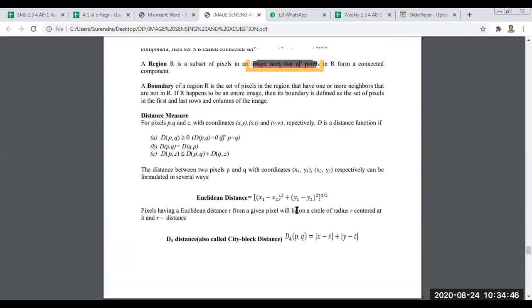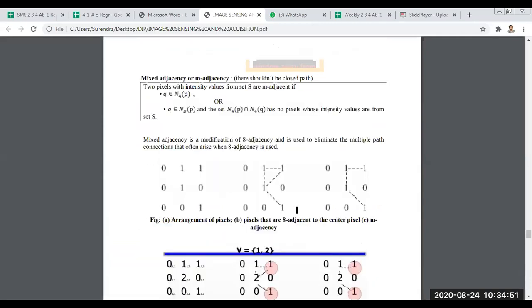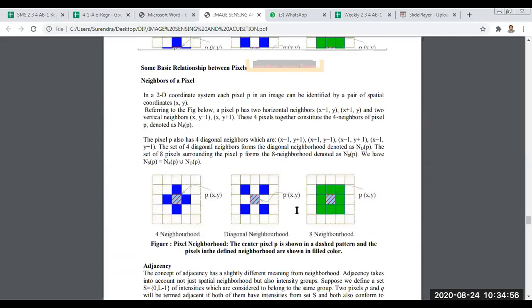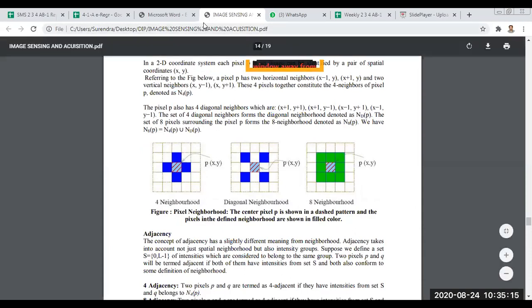So once again I am repeating the concepts. What are those? The concept is the basic relationships between pixel values. Generally, neighbors of a pixel. There are three types of neighbors of a pixel. First one is 4 neighborhood, diagonal neighborhood, and 8 neighborhood. How are we getting 4 neighborhood? It depends upon